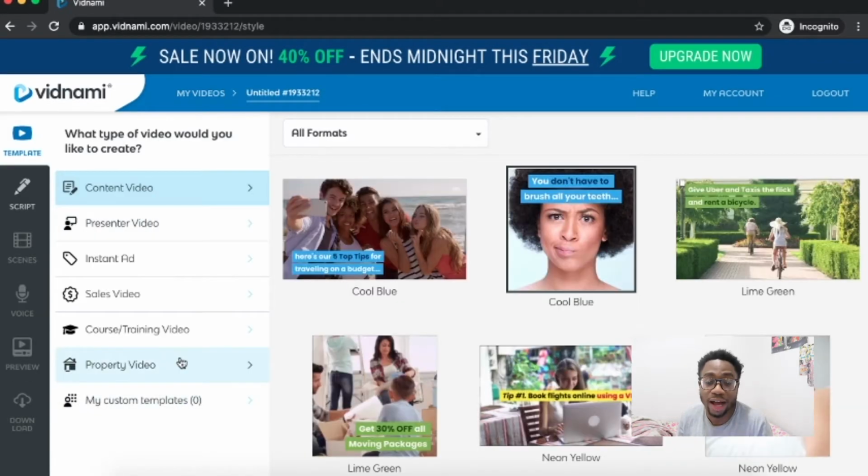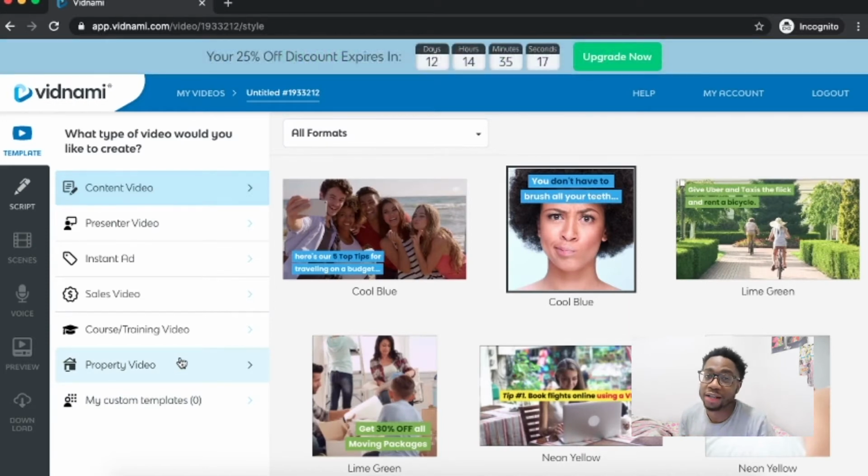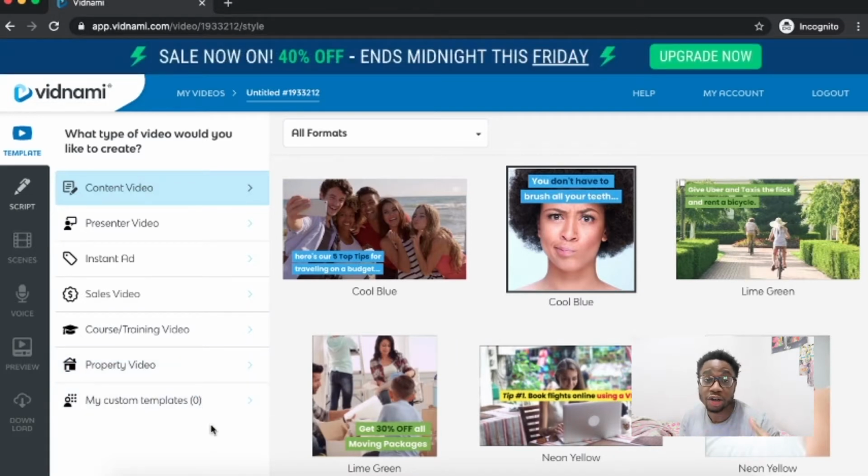Like I said, it's a super editor, but there's a catch, and basically the catch is this: when you download this video, if you're on your free trial, it's gonna have a crazy watermark all over the video, and you won't be able to use an automated voice unless you upgrade, right? So I'm gonna show you how to get around that so you can still make your video and still do what you gotta do, right? The whole